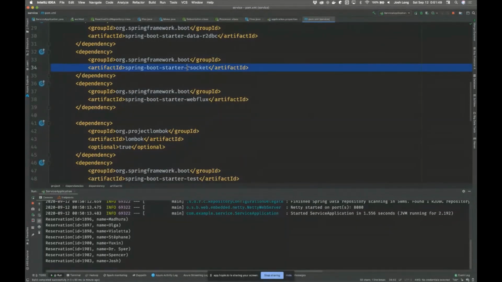Now, RSocket is a binary protocol. It is language and platform agnostic, so it doesn't matter which technologies you use to talk to it. It's a wire protocol. There are many different client implementations in Java, C++, JavaScript, Go, etc. The protocol is natively reactive on the wire, so it understands this concept of back pressure. That is, a client in the reactive APIs can ask a service to slow down, which you cannot do with HTTP, right? With HTTP, as soon as the client starts sending the data, the service starts sending the data, it just has to continue. There's no way to pause. So this is very interesting.